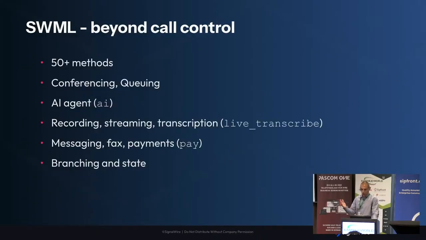So beyond just calls, there are very interesting features. Of course, conferencing and queuing, which are the basics for many contact center scenarios. There's the AI method for defining AI agents, and other interesting things like live transcriptions, which is quite cool. And as mentioned, we also have payments that can just be processed directly on the system. And a little bit of controlling the calls,